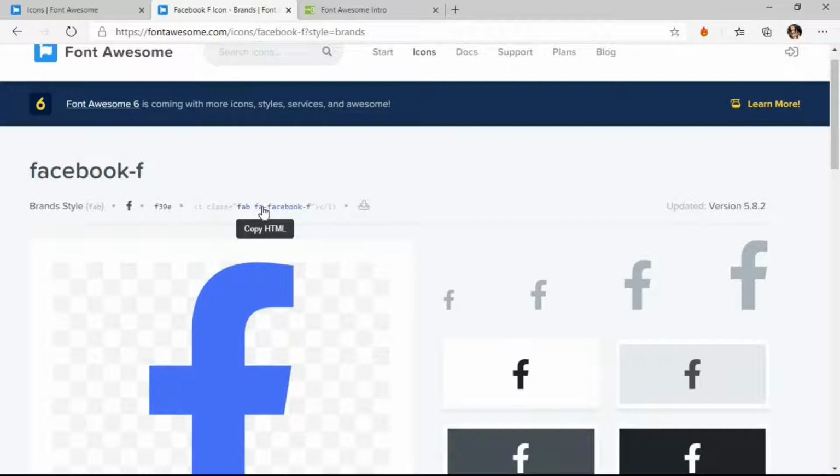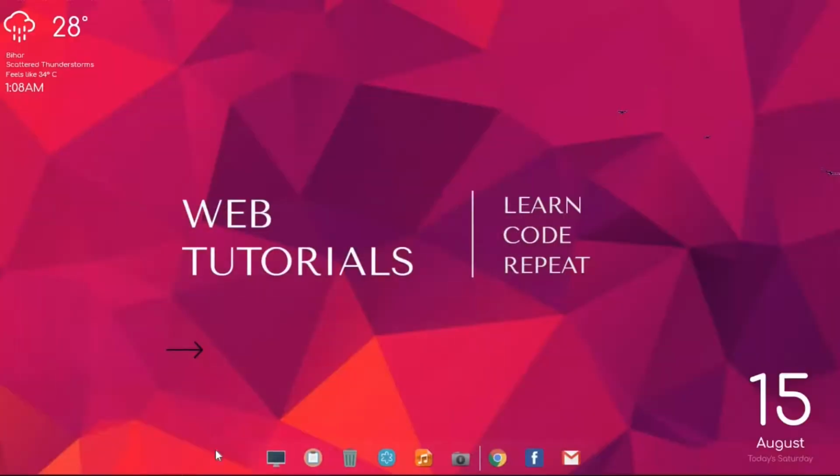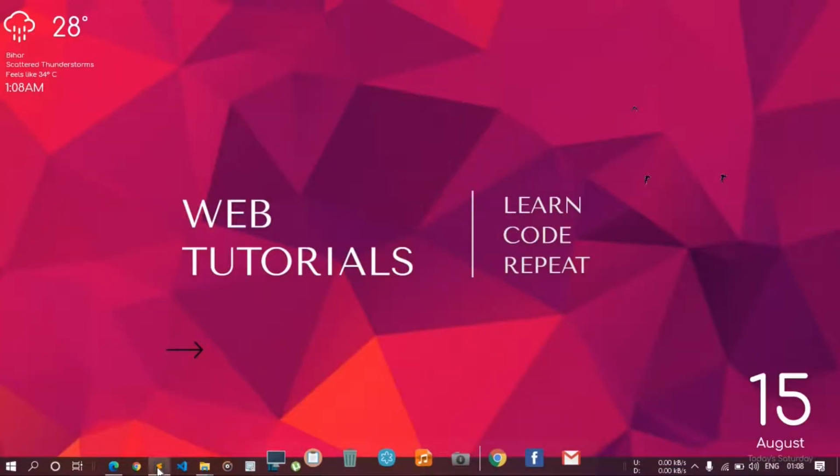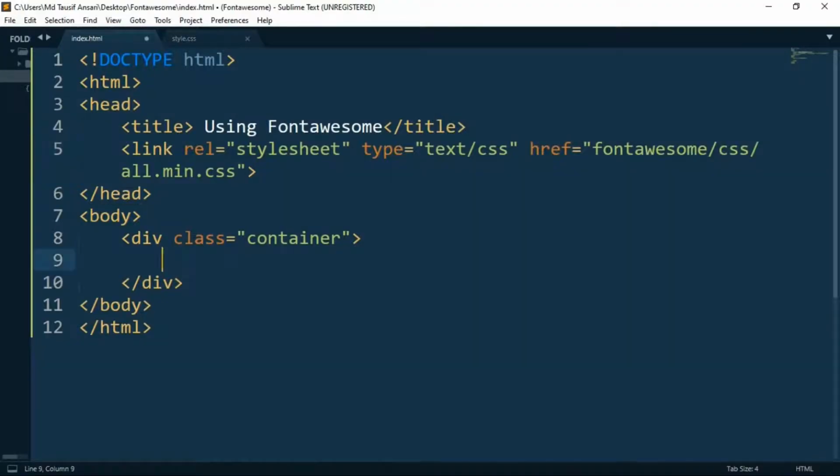So yeah, let's copy it. Just click on it and it will be copied. This is a new feature of the Font Awesome website, where you can just click and the whole link will be copied. So yeah, just get back to our text editor. Here it is, and paste it.